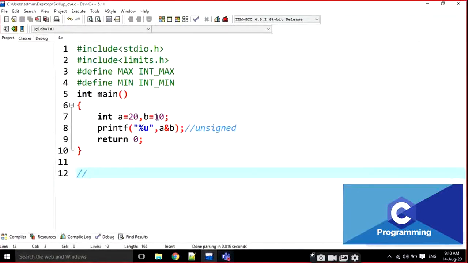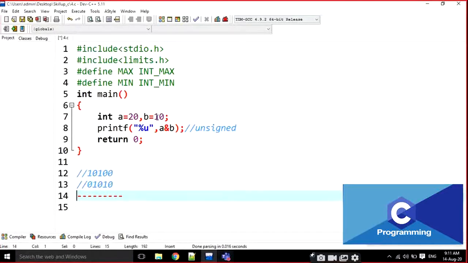What is the 20 binary value? 20 binary value is this one, and 10 binary value is 1010. This is 20 binary value and this is the 10 binary value.